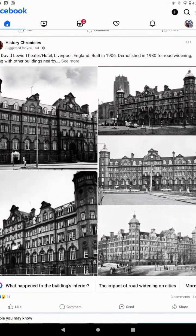Let's go all the way to England. In 1906, the David Lewis Theatre Hotel. The David Lewis Theatre Hotel, built in 1906, is a stunning example of Edwardian architecture in Liverpool, England, featuring a grand facade, ornate